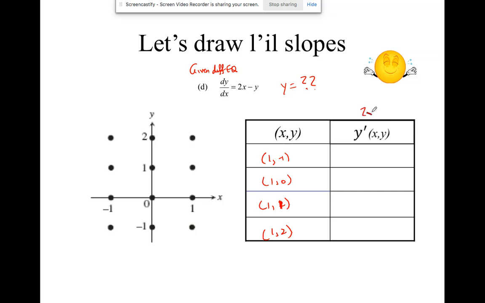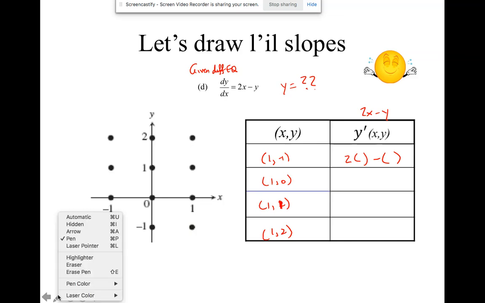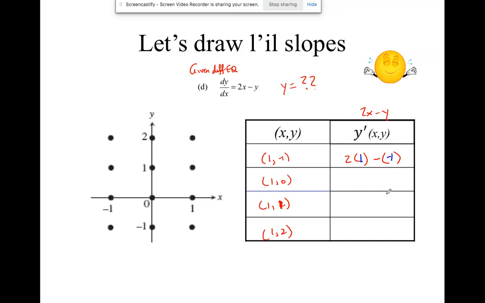Now remember, the derivative this time doesn't depend on just x. This time, 2 plus 1 is 3. So through this point, I'm going to draw a little tangent line that has a slope of approximately 3. But into the derivative here, into each one of those,